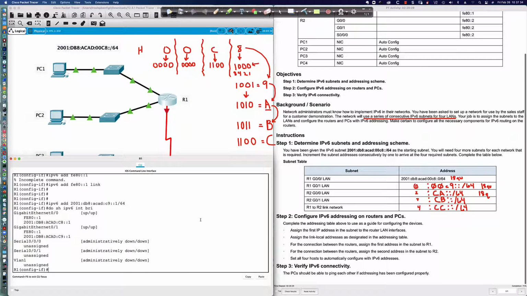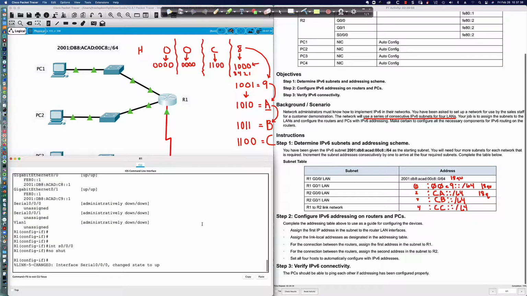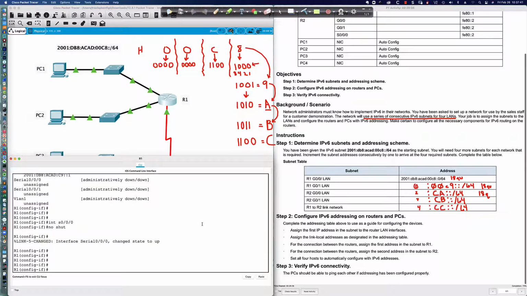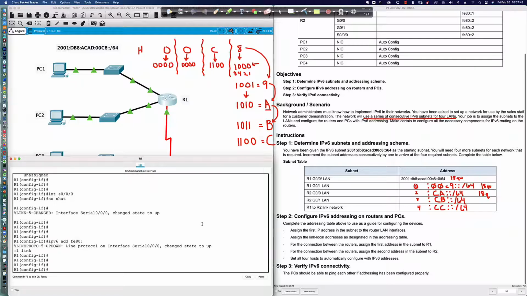Let's now come back out to router 1, interface serial 000, no shut, and now we've got that serial interface up between router 1 and router 2. IPv6 address FE80::1 link local, and we picked up some points for that. IPv6 address